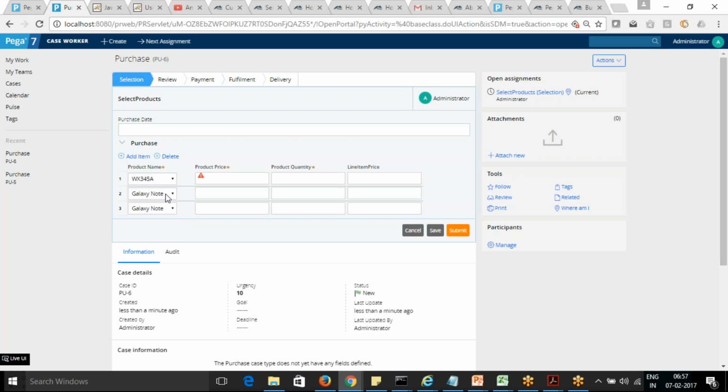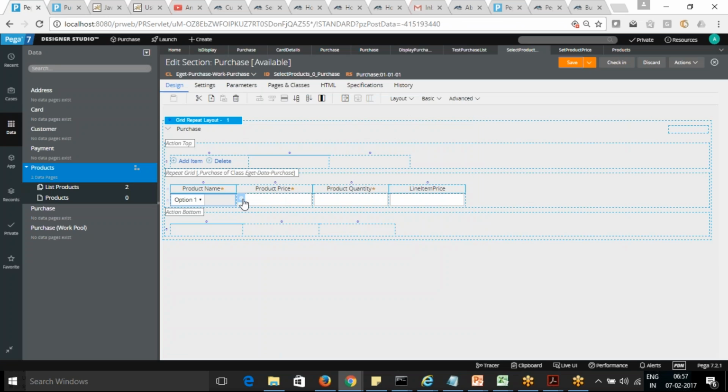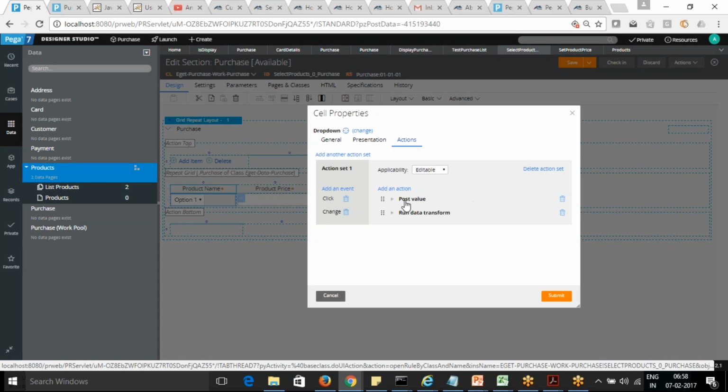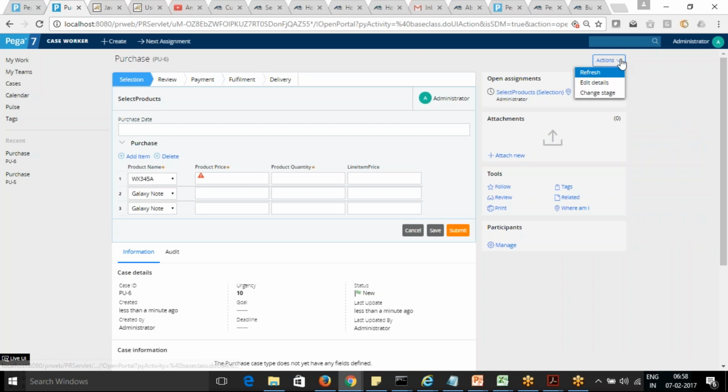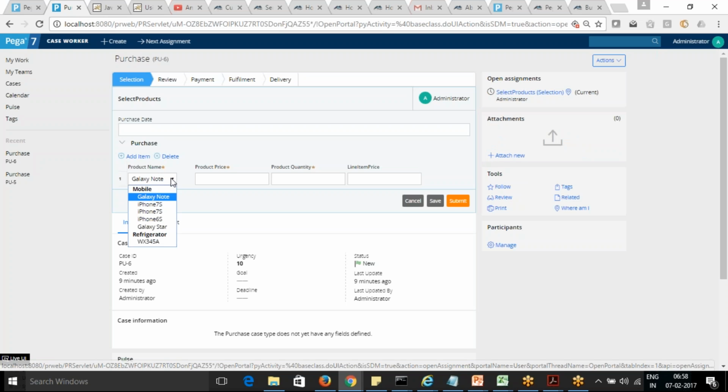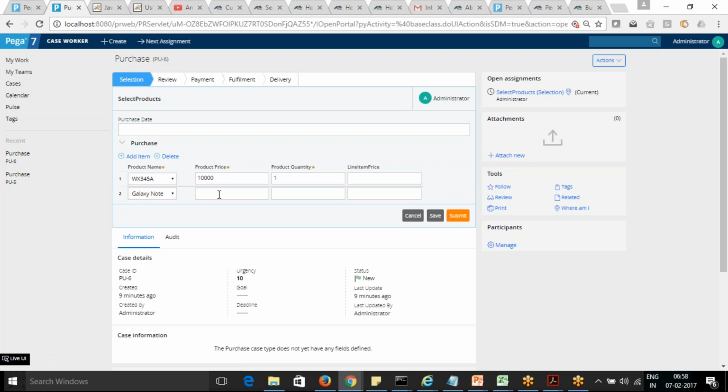First is fine. Now I'm trying to see what values it is putting or not.